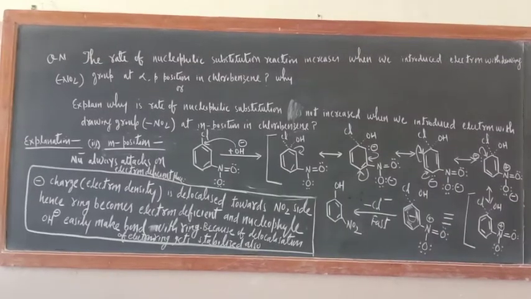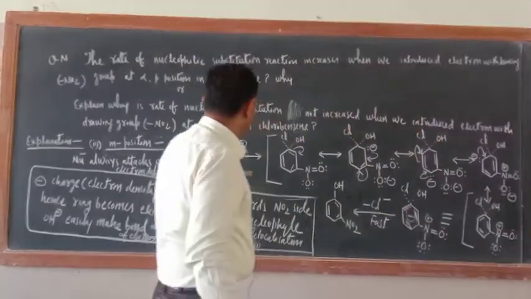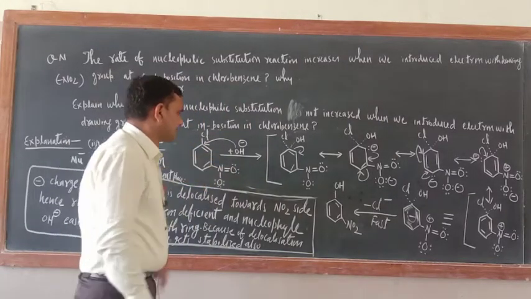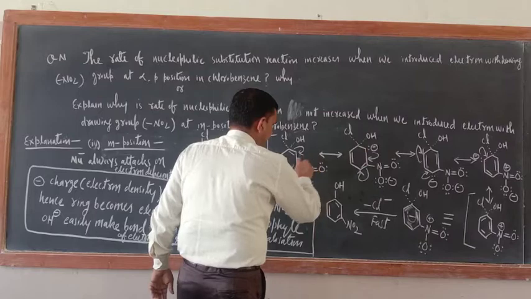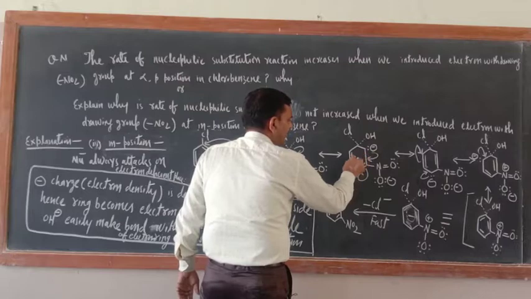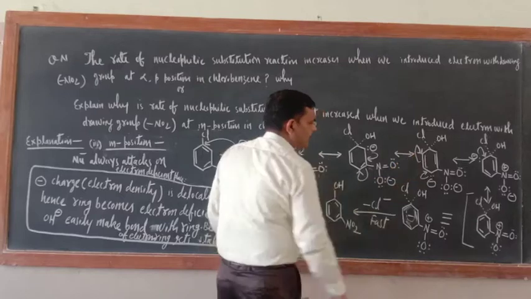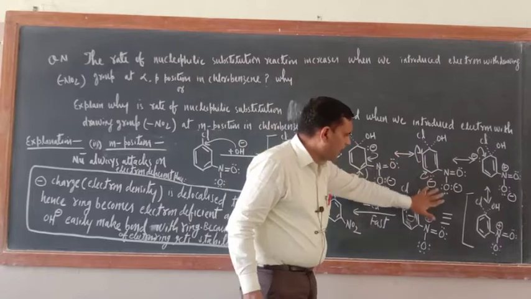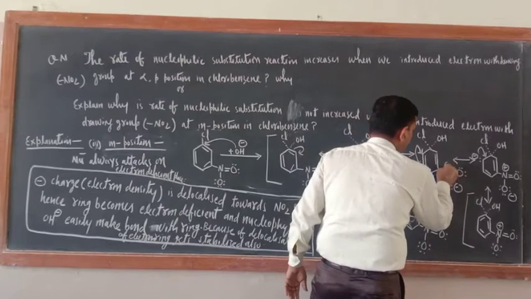Okay, so now just see, when the electron withdrawing group NO2 is present at the meta position, what is the effect? Just see, this is NO2 present at the meta position. Just see, the ring, this electron is here. Next step, this will go here and this bond will come here. Now, in these alternate single and double bonds, these electrons are not channelized toward the NO2 side. You can check in all resonating structures, NO2 is as such in all the resonating structures. Positive sign you can put here.